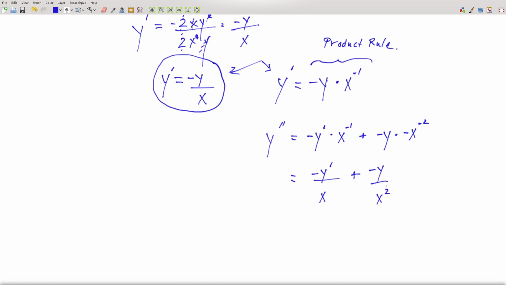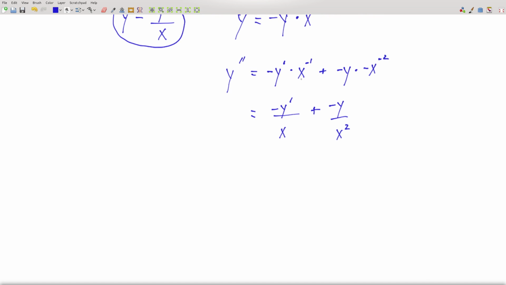Okay, this is very good. Right now the main problem I see is that we don't have a common denominator, so we couldn't combine anything anymore. So to get a common denominator, I'll multiply the top and the bottom of this term by x over x, so that there'll be an x squared in the denominator. So down below now I have negative y prime, the negative of the first derivative, times x over x squared plus negative y